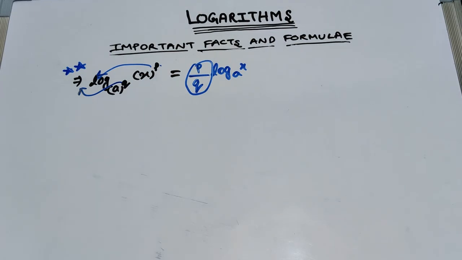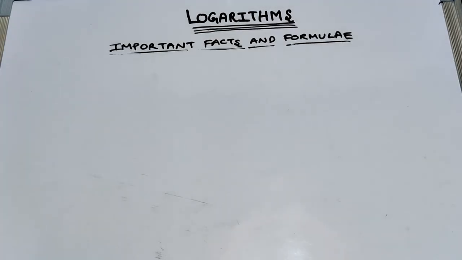With this property we end all the properties in this chapter. Now what is important is our presence of mind, that is, where to use all these properties. Also keep one more thing in mind: if the base of log is not given in a question, like it happens sometimes that the examiner doesn't give the base, then assume it to be 10. This will happen many times, so remember this.